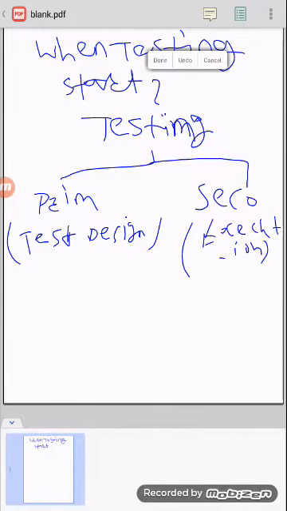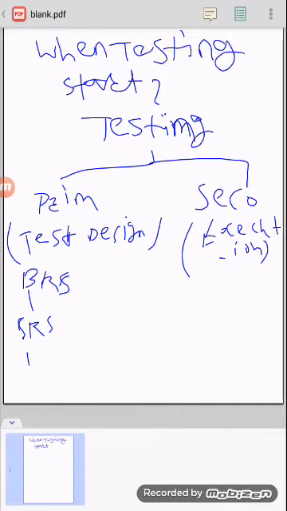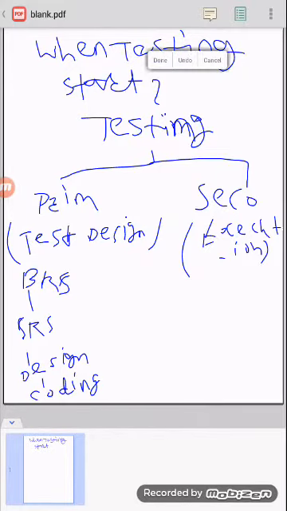In primary, PRS, SRS, design and coding. And in secondary, test case execution only is there.